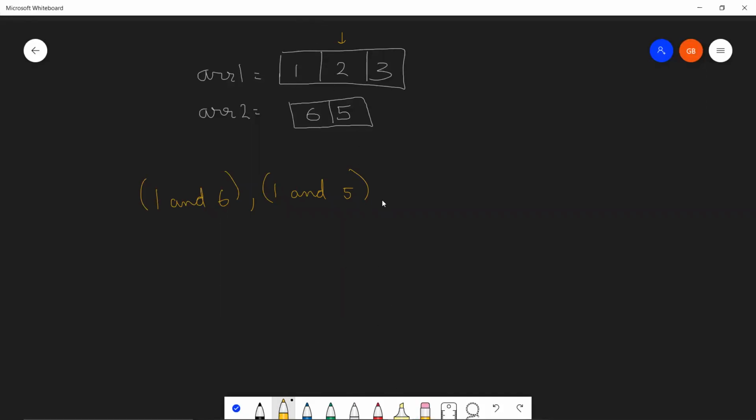Now we'll find the AND of 2 with all the elements of ARR2. So 2 and 6, comma, 2 and 5. The same process will be repeated for 3.